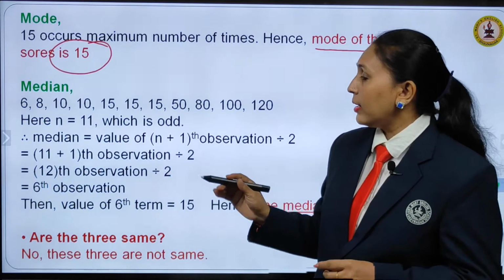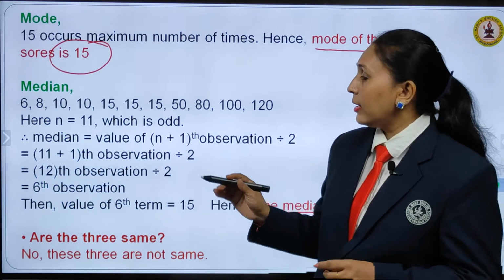Question number 4. Find the mode and the median of the data. The data given to us is 13, 16, 12, 14, 19, 12, 14, 13 and 14. Now what do we have to do first, children? We have to arrange it into ascending order. After that, we find the mode, that is, which number occurs more number of times. You can see 12 occurs 2 times, 13 occurs 2 times, and 14 occurs 3 times. Hence 14 is the mode of the given data.